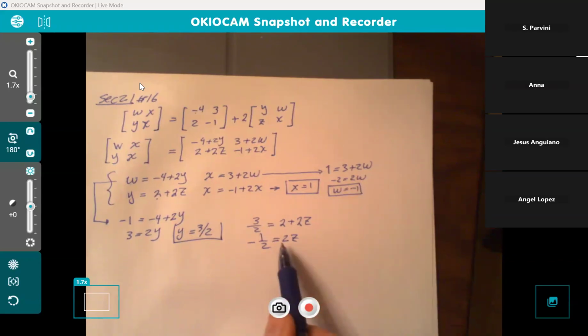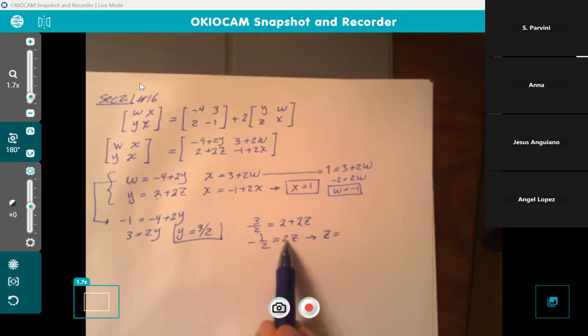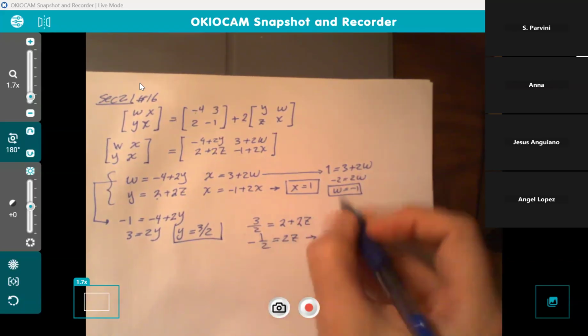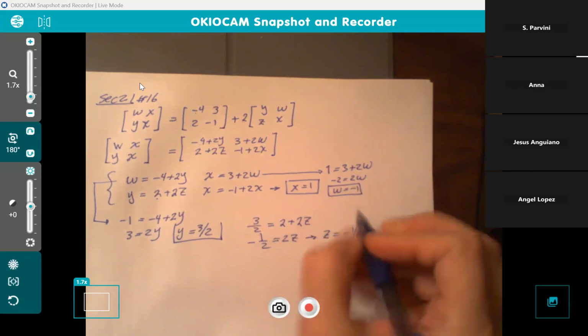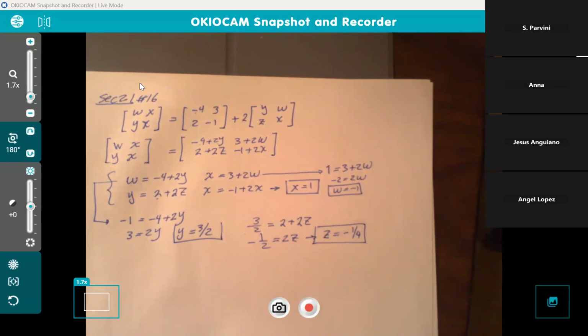And divide both sides by 2 or multiply by 1/2. That isolates the z, right? Multiply by 1/2 by 1/2. Z turns out to be -1/4. And there we have it. So that's how you would do